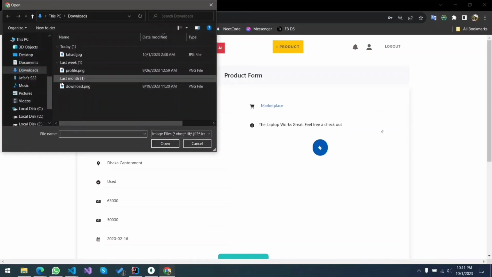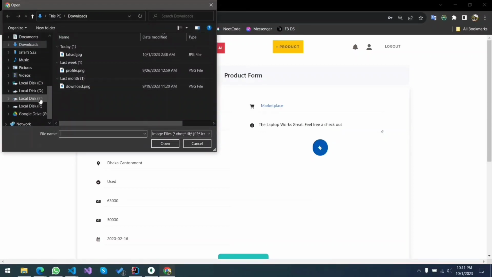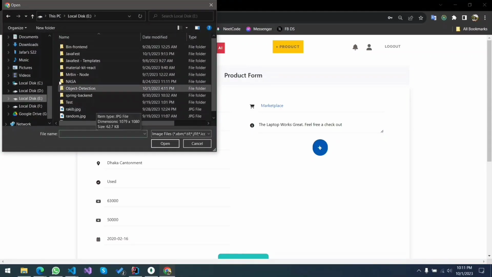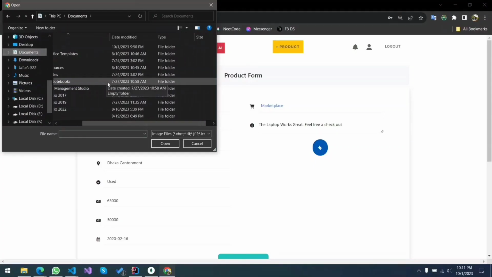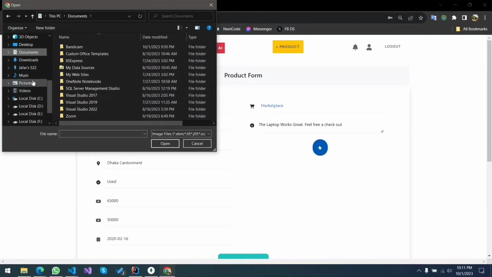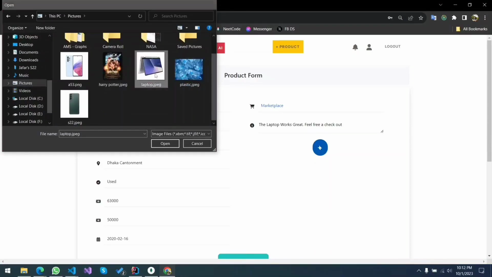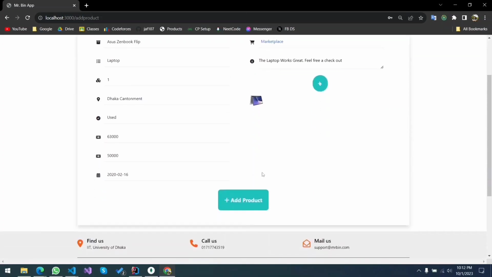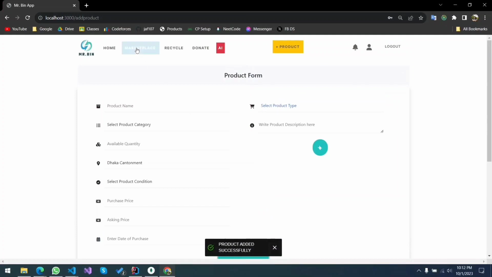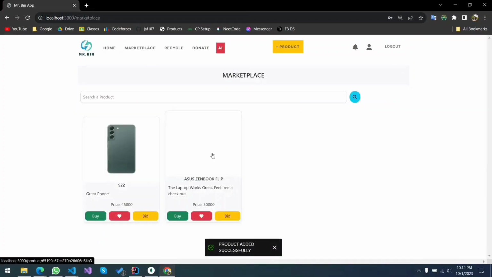Let me put the plus sign on the application. Then we need to check the images area. Here I can add multiple images if I want. So for now I'm just going to add one image. When I successfully place it, I can see it in the render page.